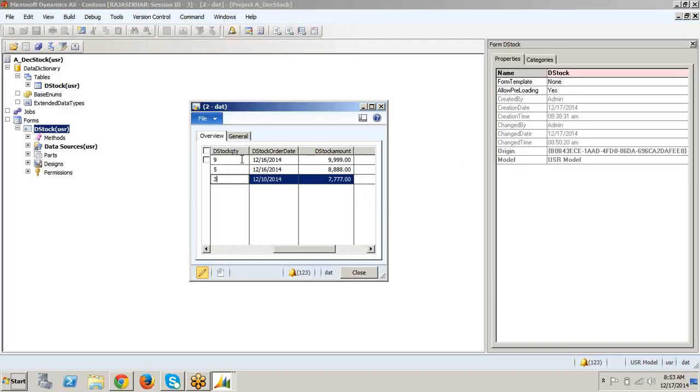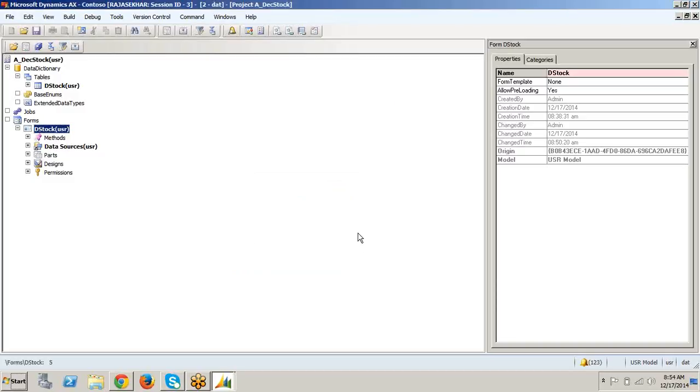By seeing this row, can you say to which stock this row belongs to? We can't say, because they are at somewhere else. We have to drag and see this row belongs to this stock ID, this row belongs to this stock ID. That will be a difficult task. So to avoid that confusion, we have a feature called title fields